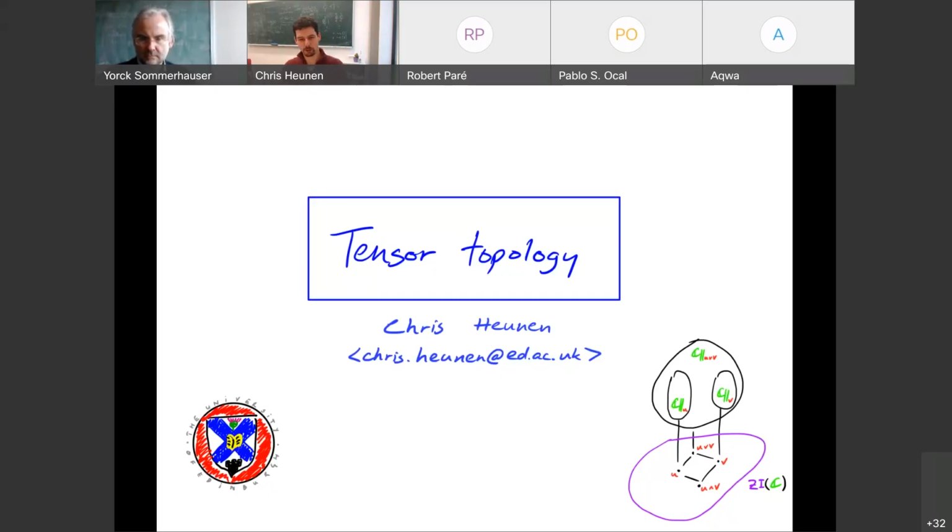Now, Jörg was very optimistic when he put on the website that it's accessible to everybody, including undergraduates and your grandmother and everyone. I'm afraid it's not going to be all that open, but I have tried to make an effort to make it at least self-contained. So we'll start at the very beginning. If at any point you have questions, please just shout and I'll try to answer as best as I can.